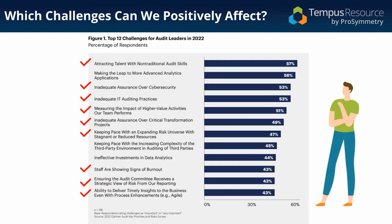Keeping pace with an expanded risk universe with stagnant or reduced resources. We will show you a very easy, clean, and innovative way to plan your people. And it's a rolling planning process, right? You're continually adjusting to delays in project delivery, people going out on leaves, those sorts of things, in a dynamic way that always allows you to say with confidence, we are addressing the highest value work with the resources that